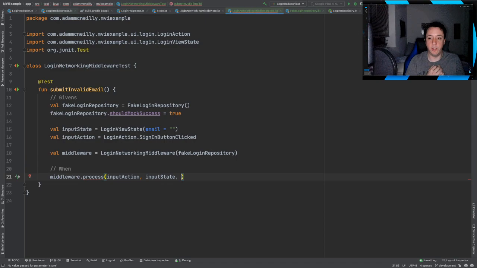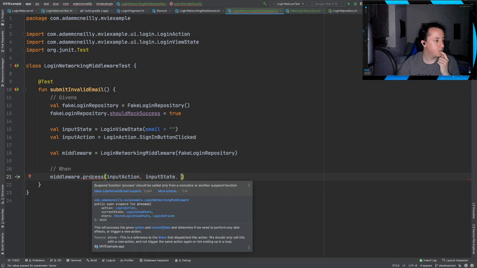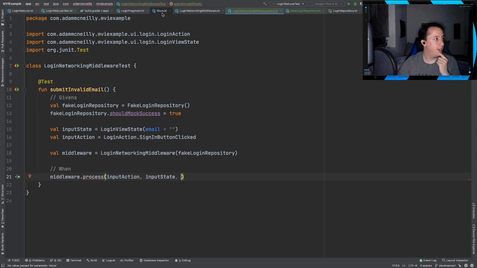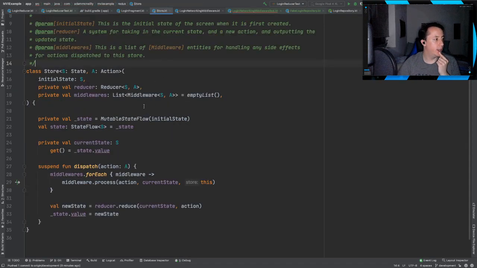And then we could run an assertion on that store to make sure that that action was processed. So can we do that? I'm wondering if I made store